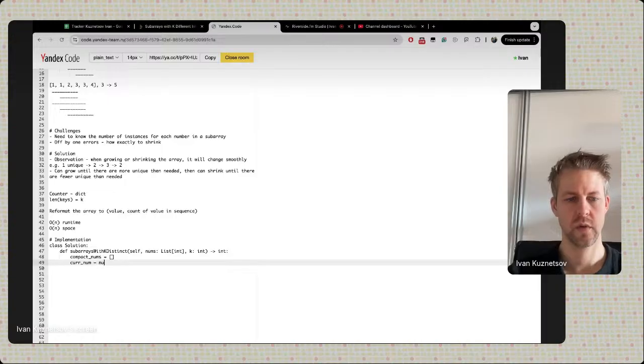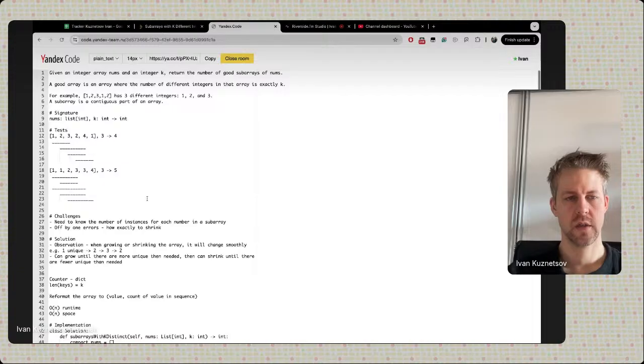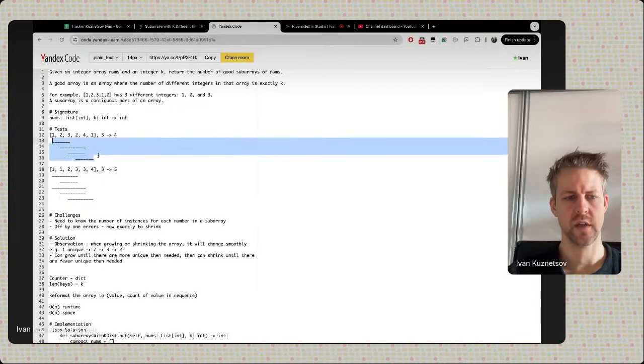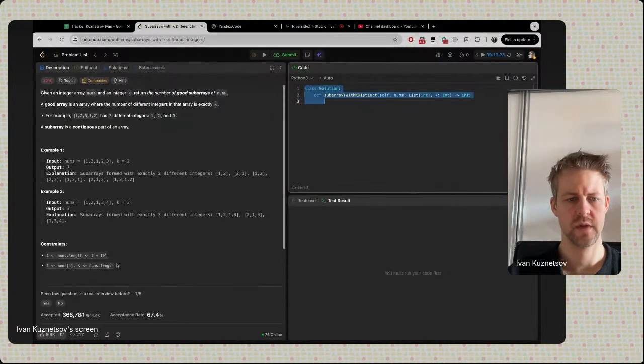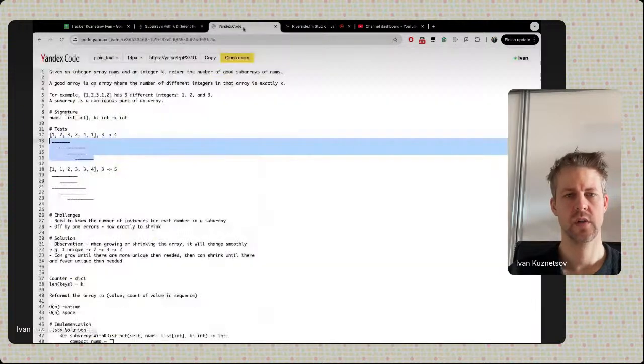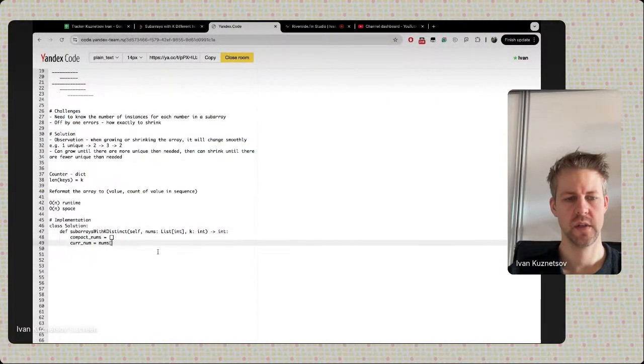is equal nums. Can we just assume that we will never get an empty array? Let me just check. Yes, we can assume that. That's nice. So current num will be nums of